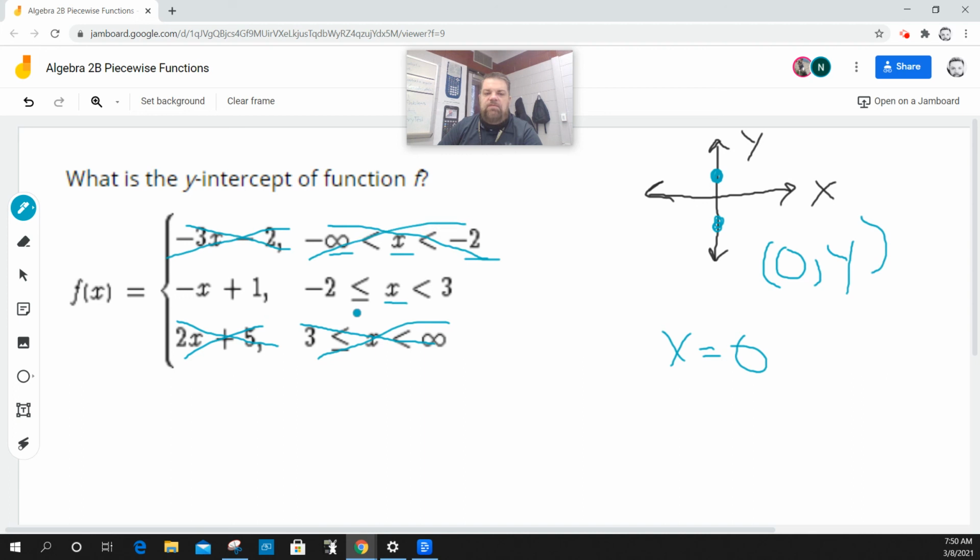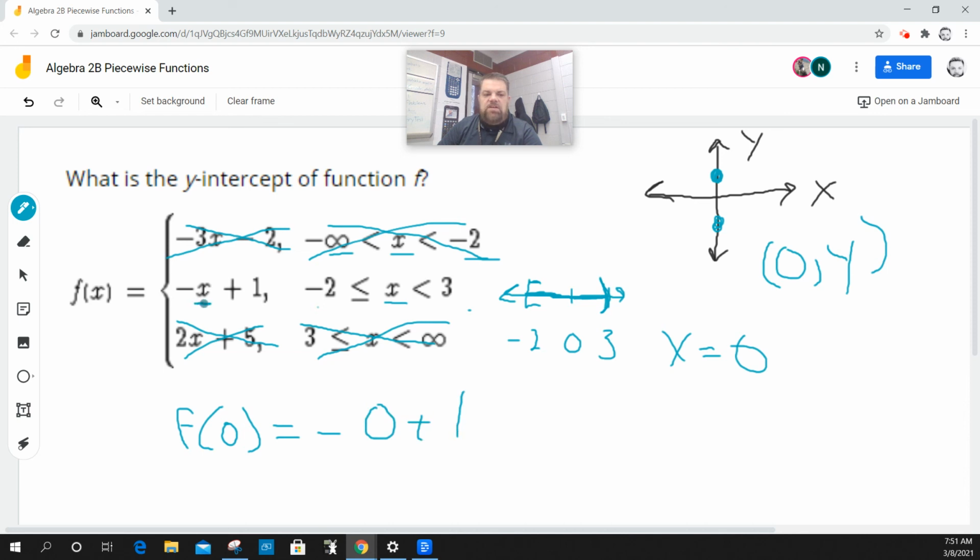In fact, our domain from -2 to +3, when we think about that, what we're saying is use all the values from -2 to +3. And guess what's right in the middle of that? 0. So we've got to use this function here. So basically what I'm looking at is f of 0, and that's going to be plugged into